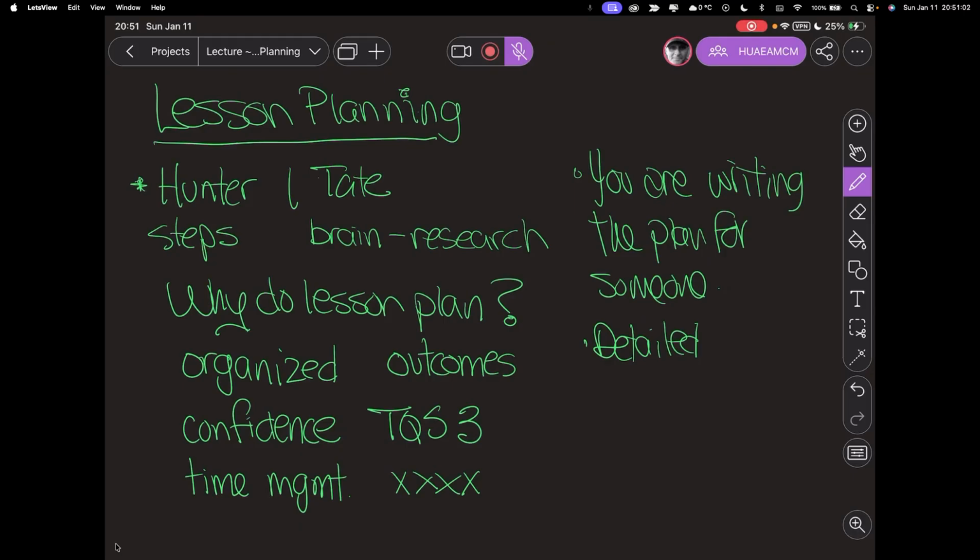And of course, because you're not going to be able to have a conversation, the detail is going to be text-based, right? Because you are writing this out or typing it out, whichever way you decide to plan. Okay, so you can't explain it to them verbally, so you need to make sure that they're text-based and detailed enough that somebody could teach your lesson, even if they don't know your subject, right?